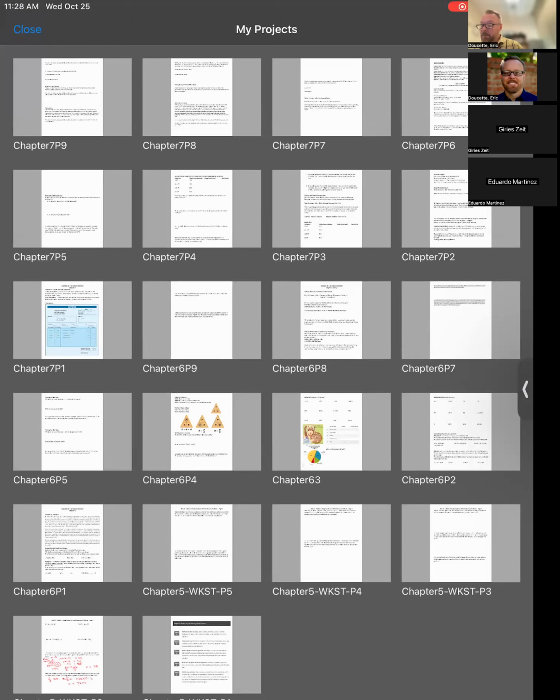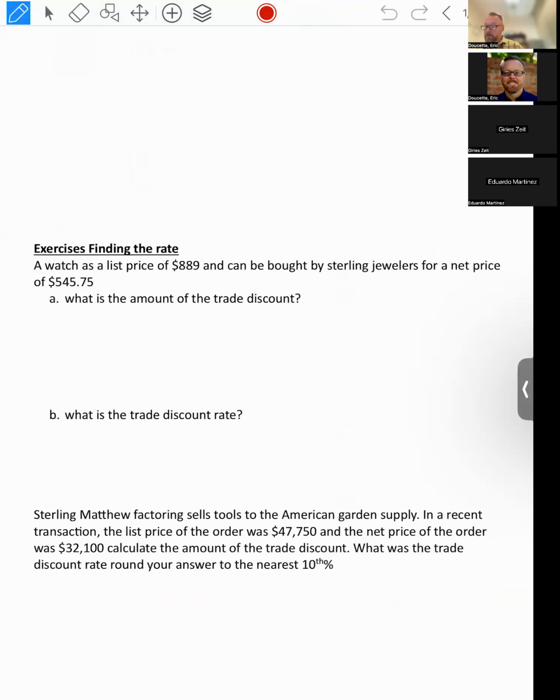All right, I think we're wrapping up here. All right, now we get into exercises finding the rate. So we know, using the same formula, we know the net price. In this case, we're going to know the list price, but we want to know, well, what rate of discount did they get? So for instance, this first problem says a watch has a list price of $889 and